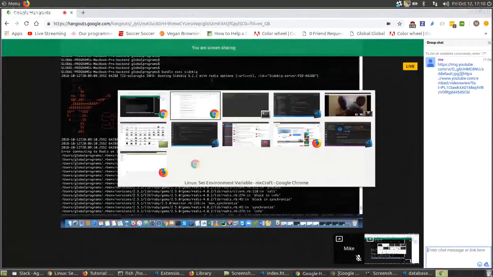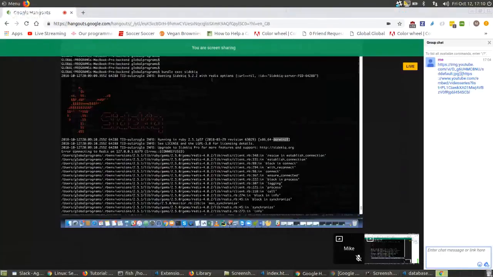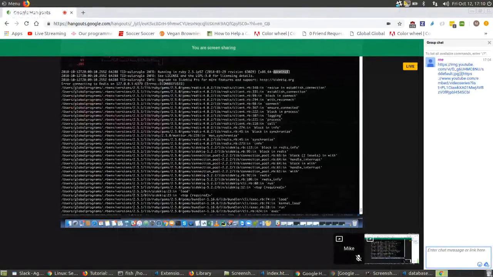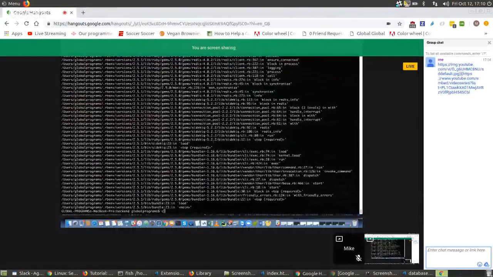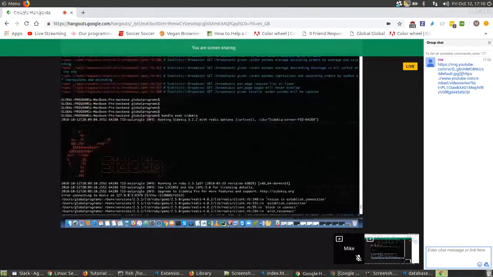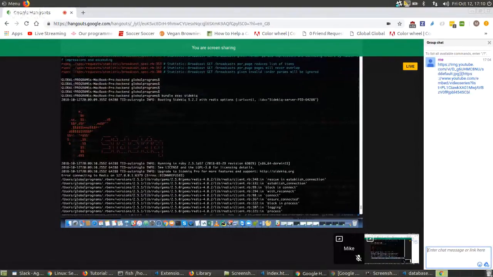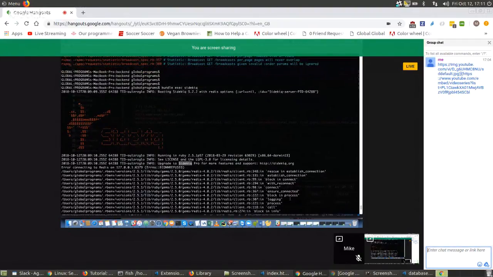So, is Sidekick running without errors, or is there some error? It looks like there's an error, right? Did you scroll up? Error connecting to Redis. Connection refused. Yeah, just below where you highlighted, you can see error connecting to Redis.